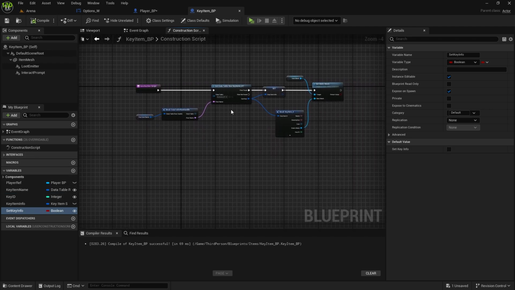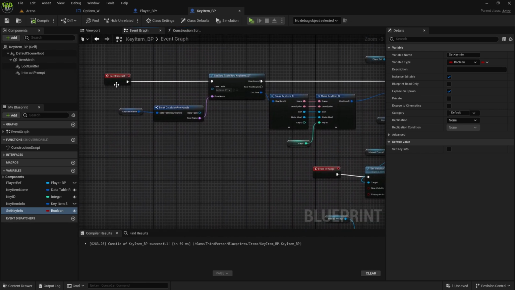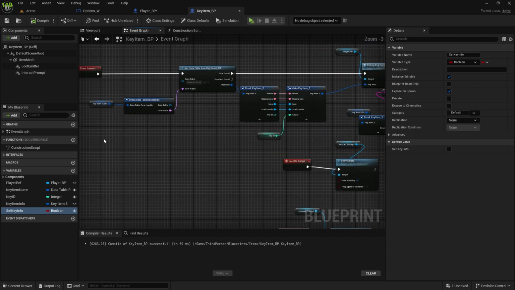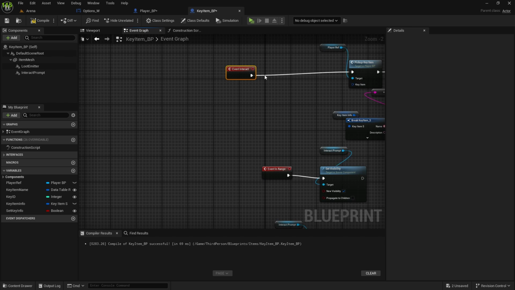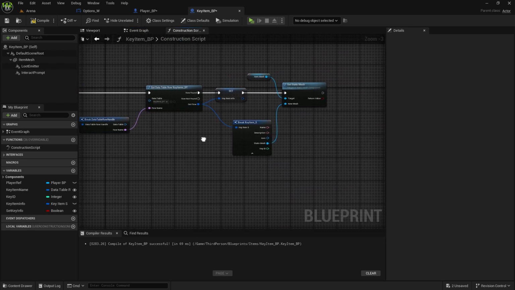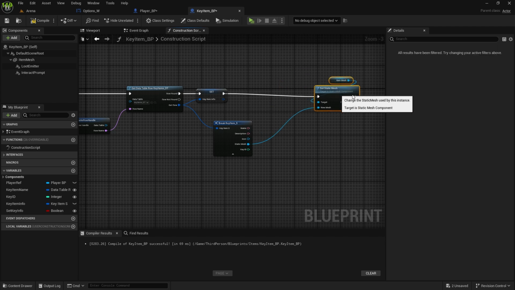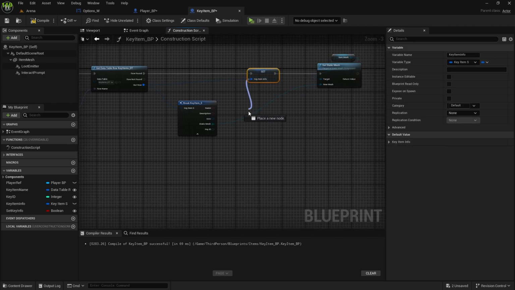So here on construction script, what I want to do at the moment, we are getting key ID here in a event interact. So instead we're going to remove this part completely, just connect the interact, and on construction script we're going to get it here. So move this back, and this one we will make,